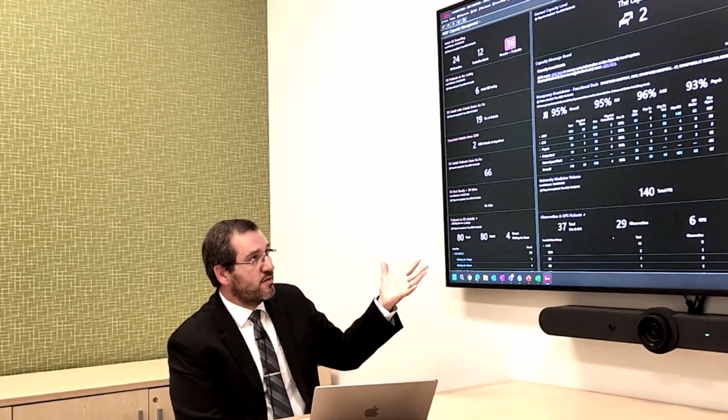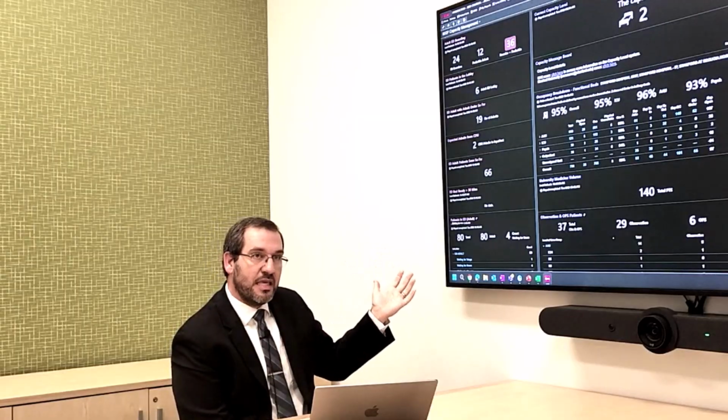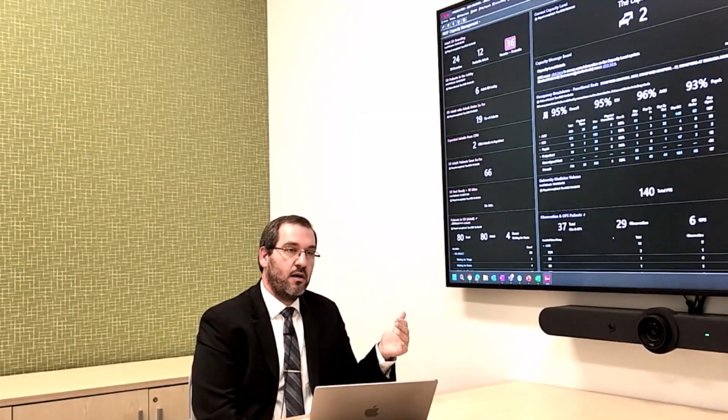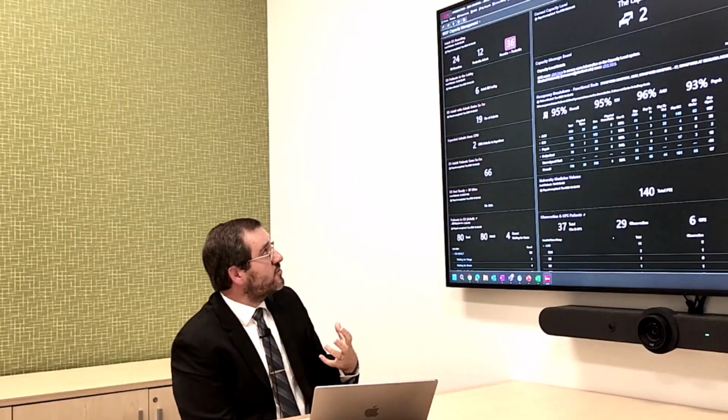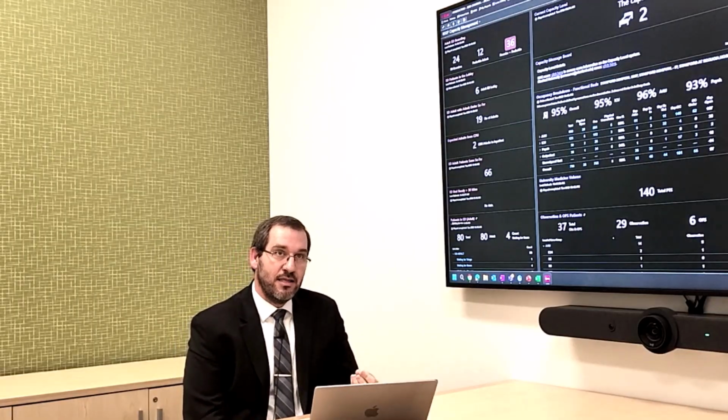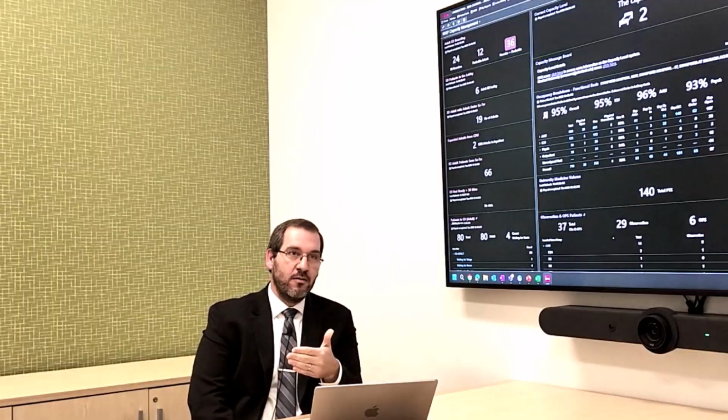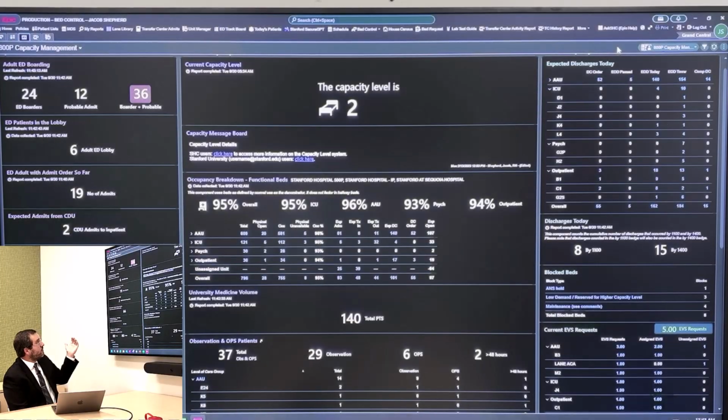So we've designed this specific dashboard to really capture some of those key top elements that those different teams look at each day. We then want to make sure that the most important metrics are easy to see, and also that there's some indicator that tells us when it's a problem. So for example, right now the ED borders plus probable is showing 36. We have a red highlight around that. That tells us that there's something important to look at and to focus on for today. And so the teams right now are focused on how do we decrease our ED border number based on a preset threshold. Having the information easily available that's meaningful, that allows us to change our actions today is what's really